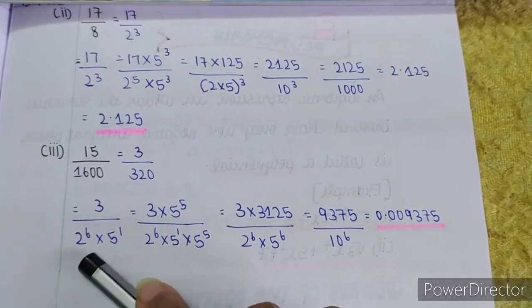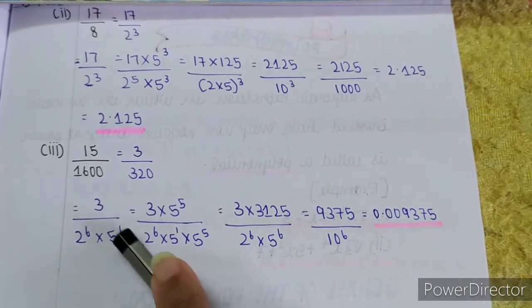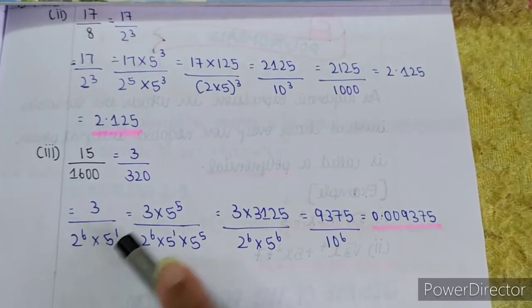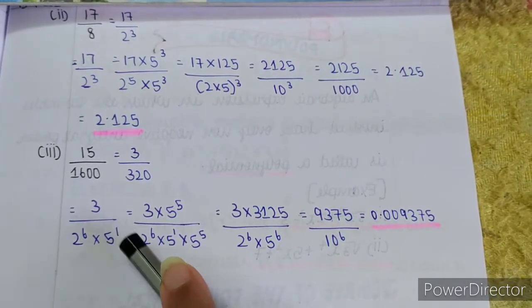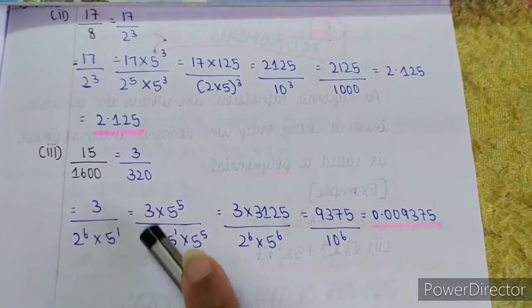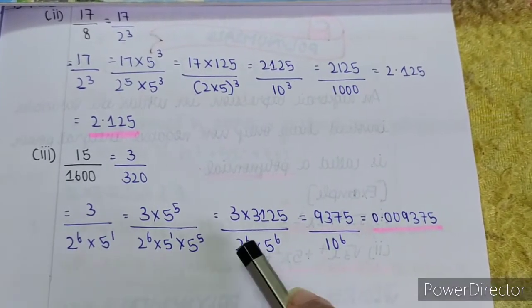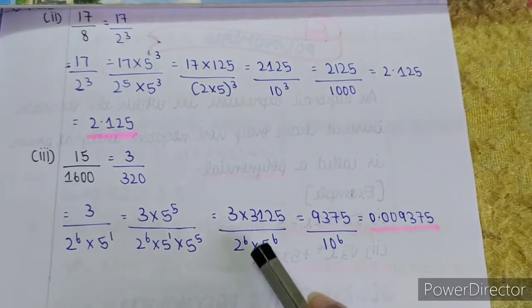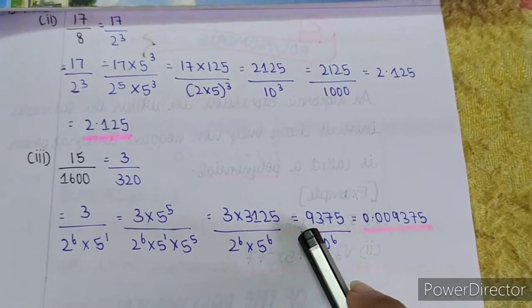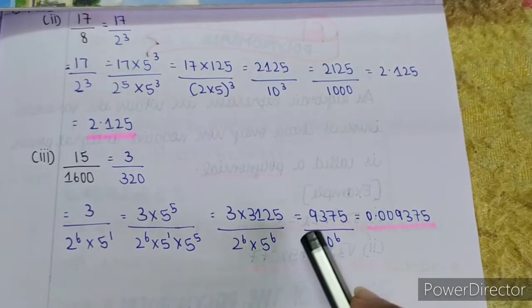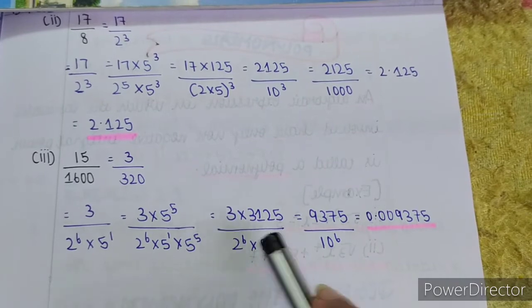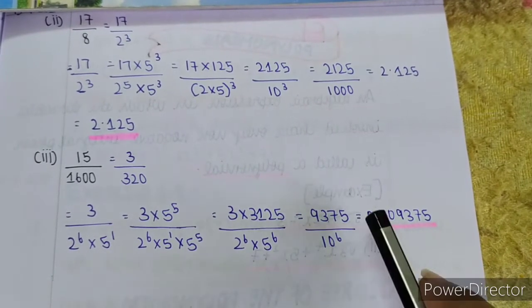This step is clear to you. When it's 5 to the power of 1, to have a common power for both the numbers 2 and 5, we need to multiply this by 5 to the power of 5. Therefore, it becomes 5 to the power of 6, which is equal to 3 into 3125 by 2 to the power of 6 into 5 to the power of 6, which is equal to 9375 by 10 to the power of 6, since 6 is the power, which is equal to